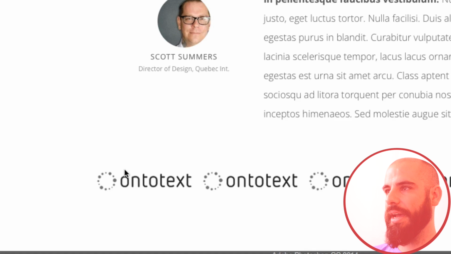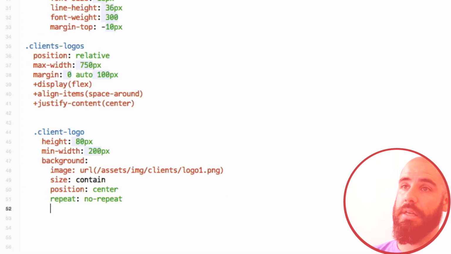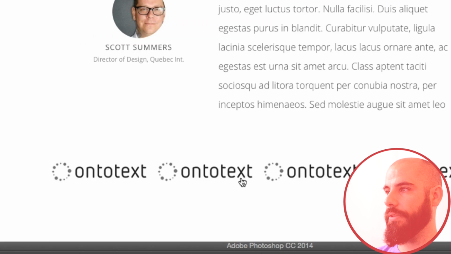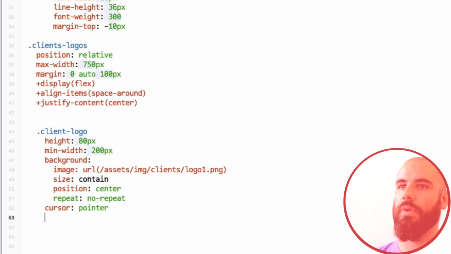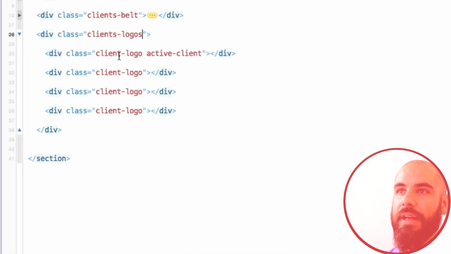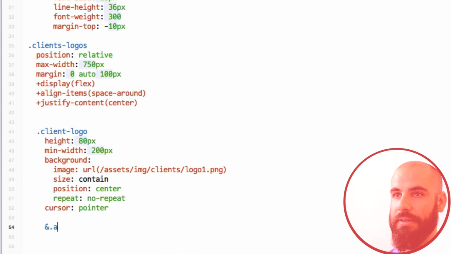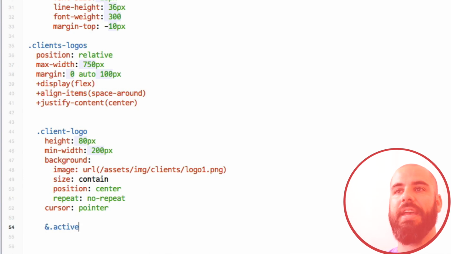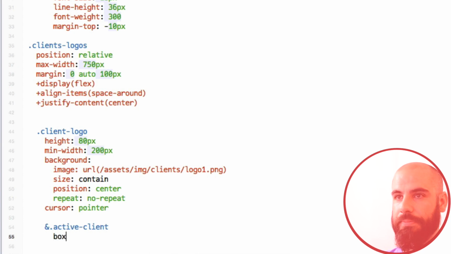And now these icons, as you can see, well, first of all, they need to be, what is it called? Your cursor. It needs to be a pointer when we're hovering. See that? That is a hovering cursor. And then we're going to say, and was it active client? Say, and active client. Now remember, an ampersand in SASS is a placeholder that means everything that came before it. So we're going to say if it's a client logo inside of client logos, and it also has a class of active client, then we're going to make a box shadow